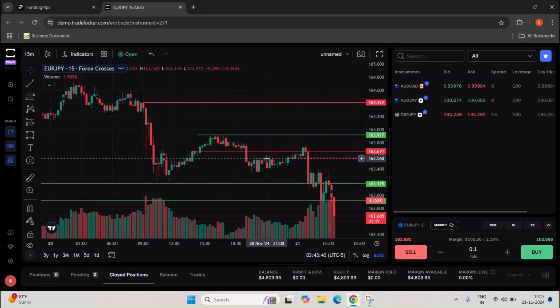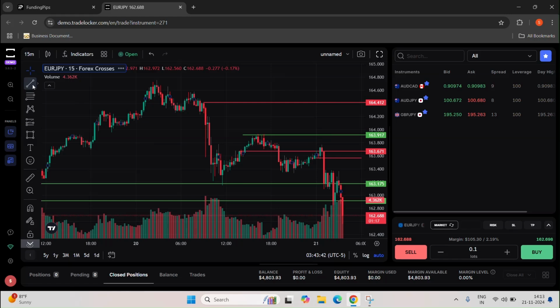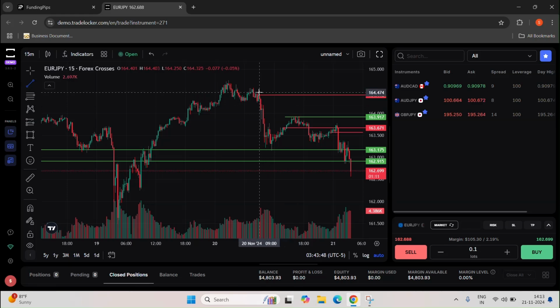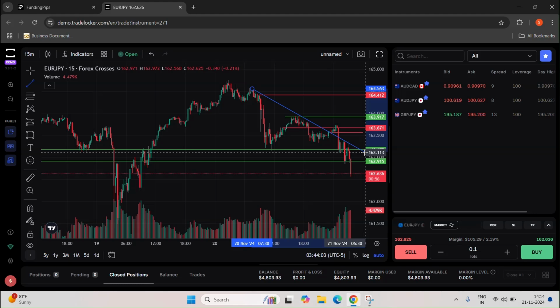Now, why did I take my entry here? I was pretty sure, expecting a bearish move. So what you should always remember whenever you want to trade: suppose you want to take a sell side position, then always find a place where people can be trapped. This was the place where people possibly got trapped, because if you see, I'm just connecting these highs. If I connect these highs,